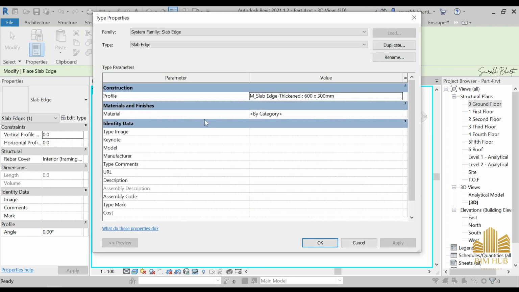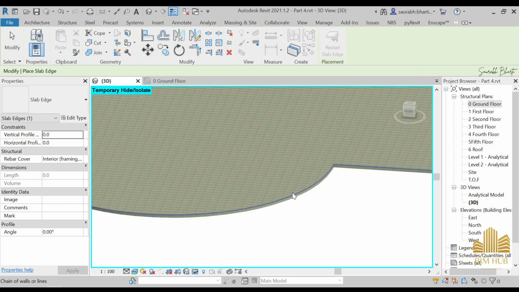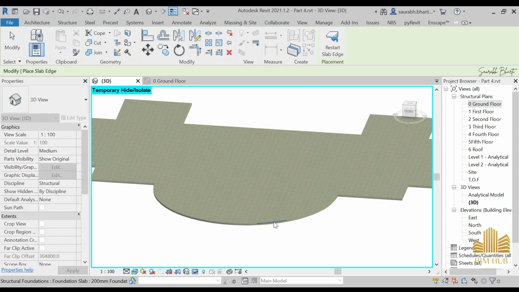Okay, we don't have any other size right now. You can change it from here. You have to create a profile. I will tell you later how to create this profile. And then just select this one with the help of the tab key. As you can see, I'll just hold my mouse over here, then press the tab key, and everything is selected, and just left click over here, and let me see.